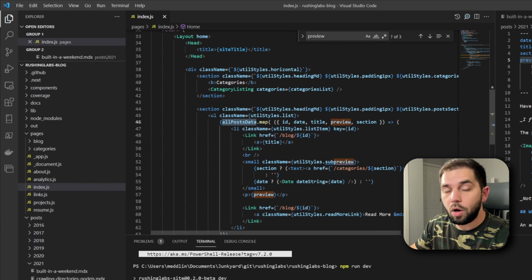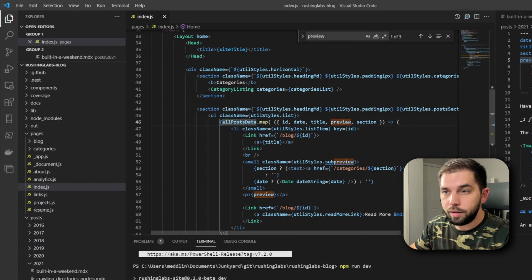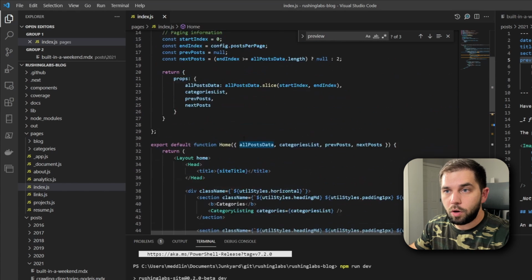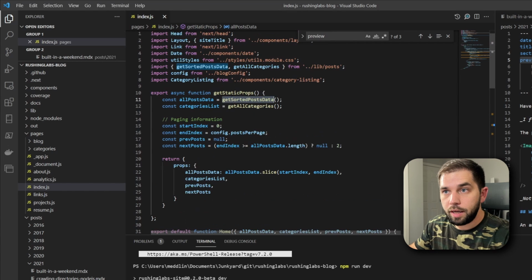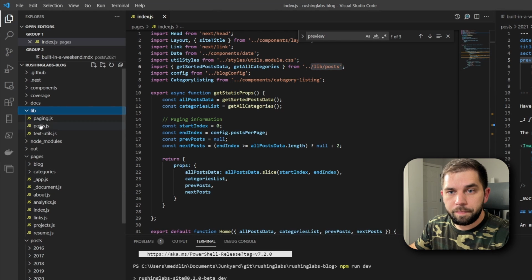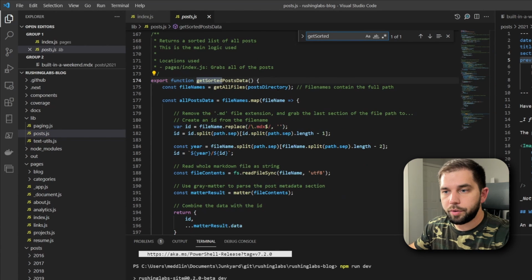and then this is underneath the all post data. I'm kind of working backwards here. The all post data is the data that I'm pulling in from the file system, and it eventually gets rendered to this collection. I believe it comes in as an array of objects, but this all post data is pulled back from the get sorted post data function, and that is coming from our post utility in our library, or lib. Let's see, so if we go to post and we search for get sorted post data,